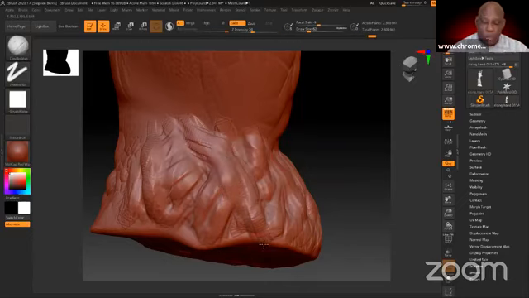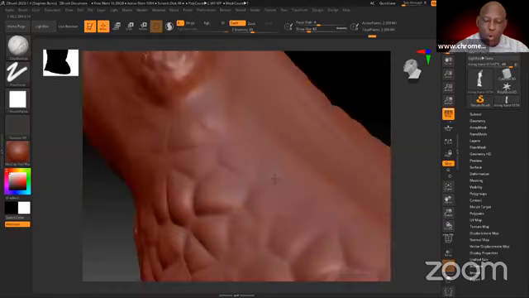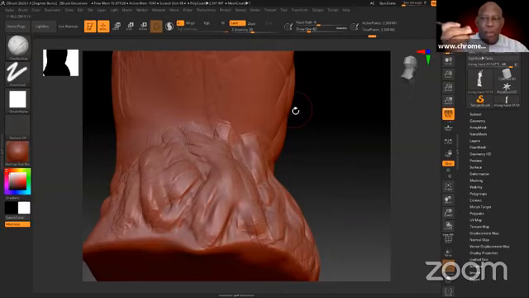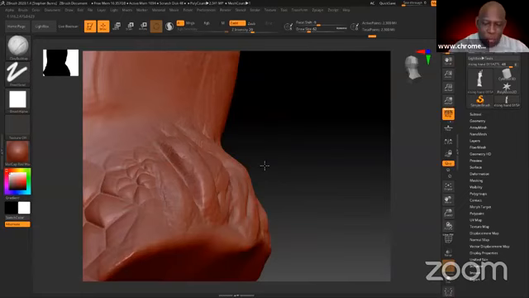Now I want to add veins. We started talking about veins here before we got sidetracked. So my bottom button is my right click, which allows me to rotate my model. And what I'm doing is the pen is hovering above my pad while I'm holding down the right click button. That's the bottom button, a right click by default. So if I right click and rotate, it will rotate it.